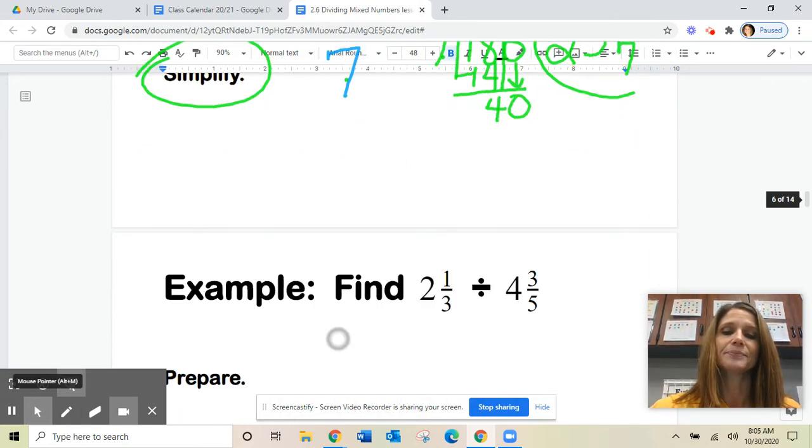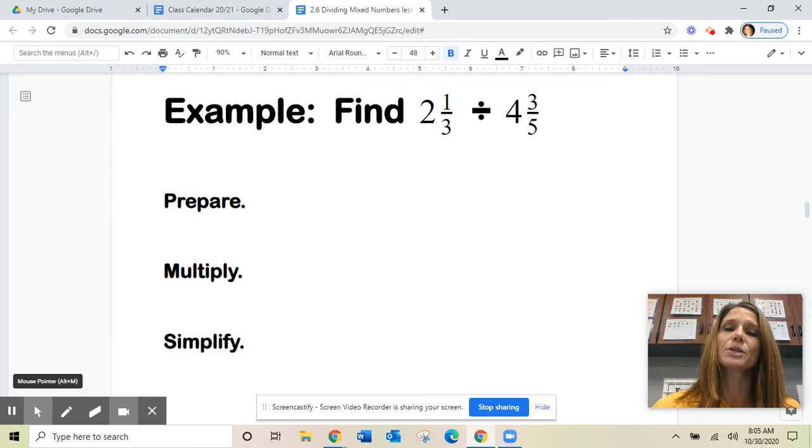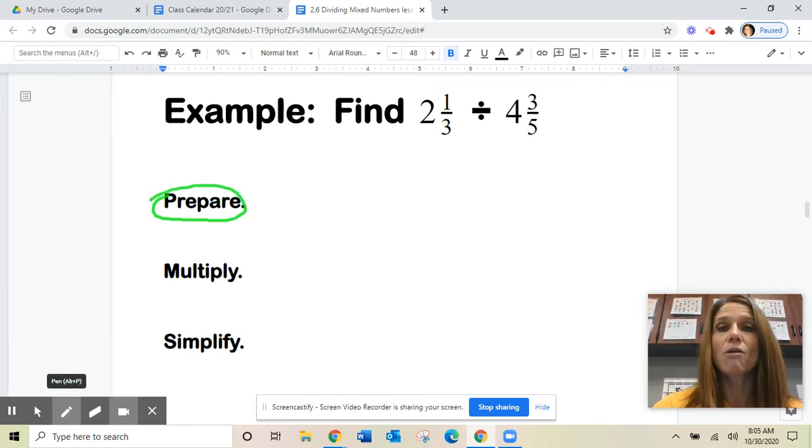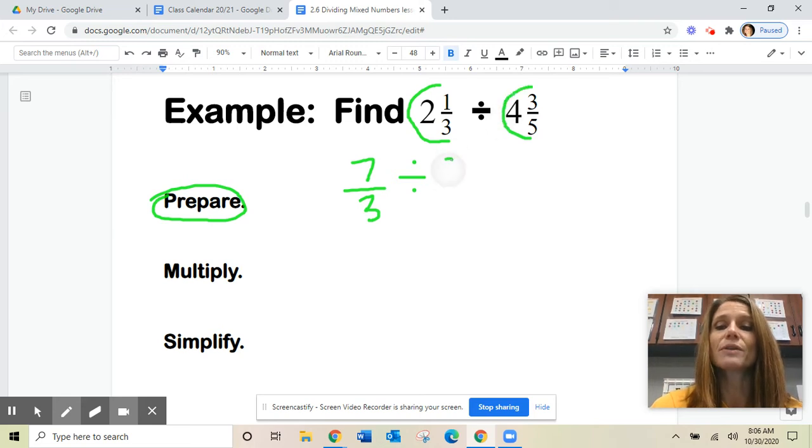Let's try another one. This one's slightly different because it's a mixed number divided by another mixed number. So that means I just have 2 values that need to be prepared because all mixed have to be made improper. So I'm going to make 2 1/3 improper. 3 times 2 is 6 plus 1 is 7/3. Divided by 5 times 4 is 20 plus 3 is 23